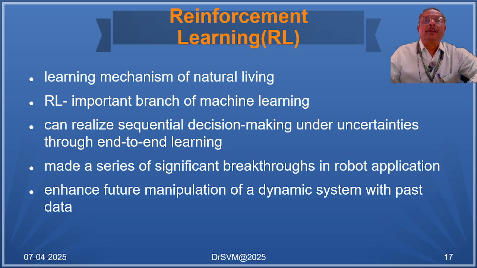The most important aspect of reinforcement learning, or in general machine learning, is we can take the past data and try to understand the pattern in the available data and try to build a dynamic system, and this dynamic system should be a prototype or a mirror image of the system we are working with, or in technical terms we can call it a digital twin.